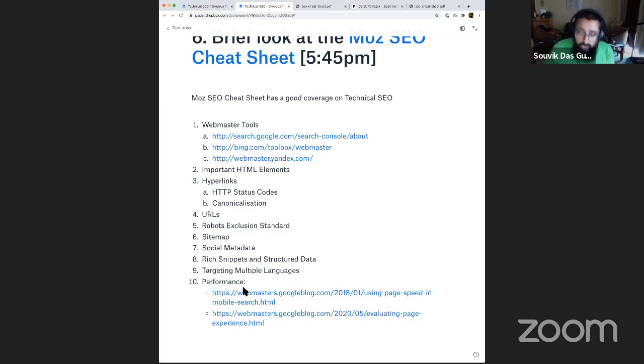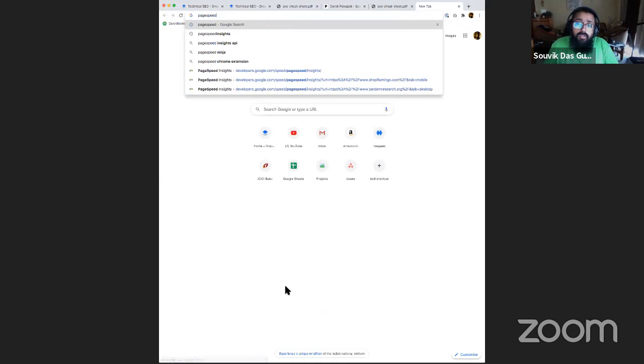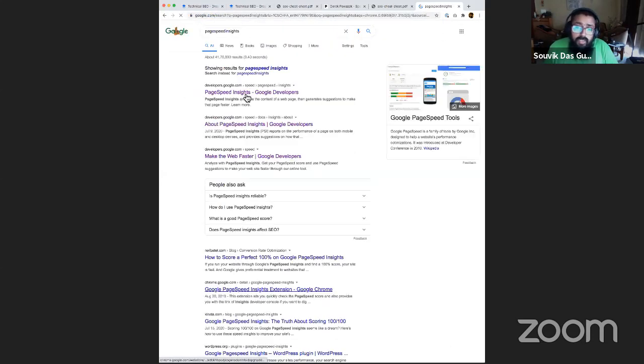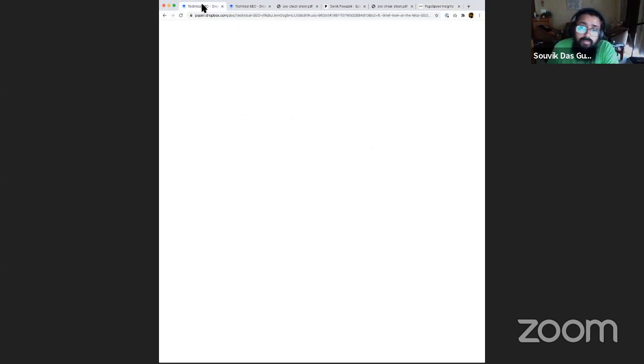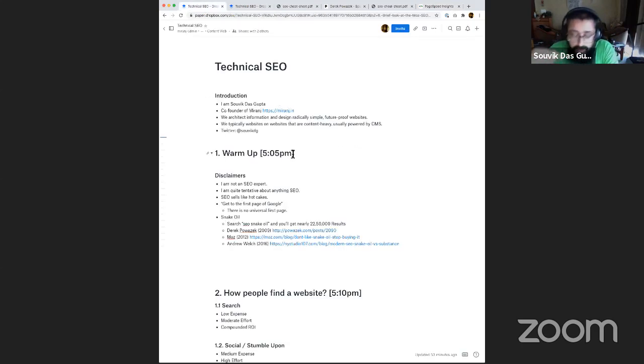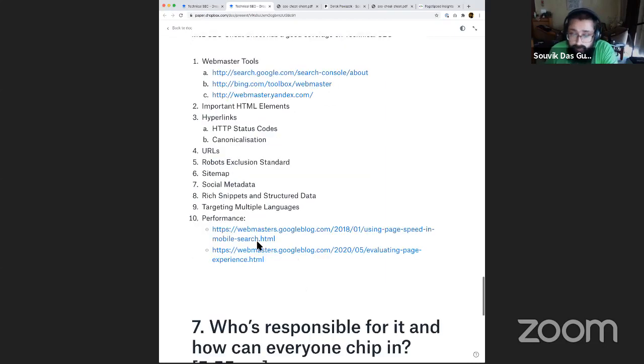So make sure that you are running your site through it. I'll just search for the PageSpeed Insights thing over here. So this is the Google PageSpeed Insights tool. If you run your own website through this, you would be able to see the performance of different sites that are out there, for your own site and for your competitors. And it will also give you a bunch of recommendations about things you can improve on your site, which are important bits to work on.